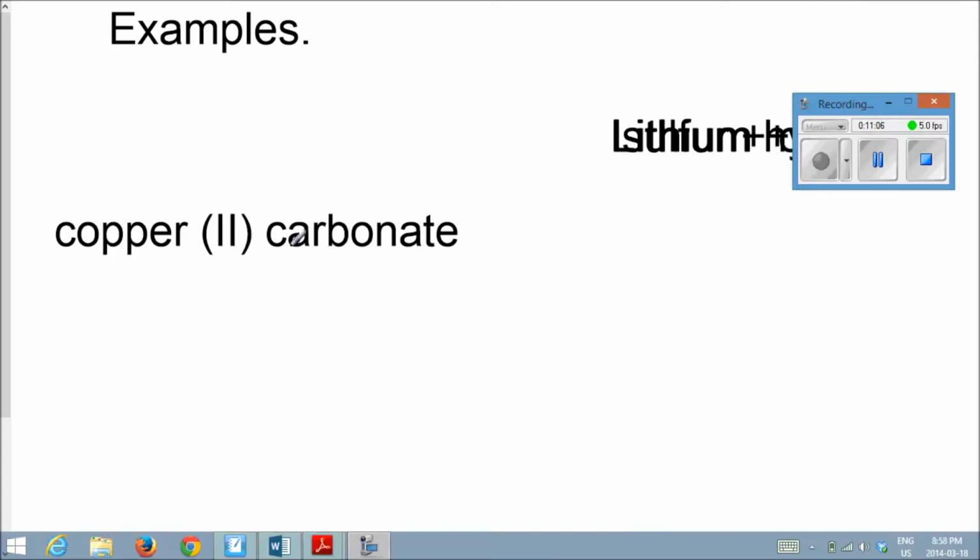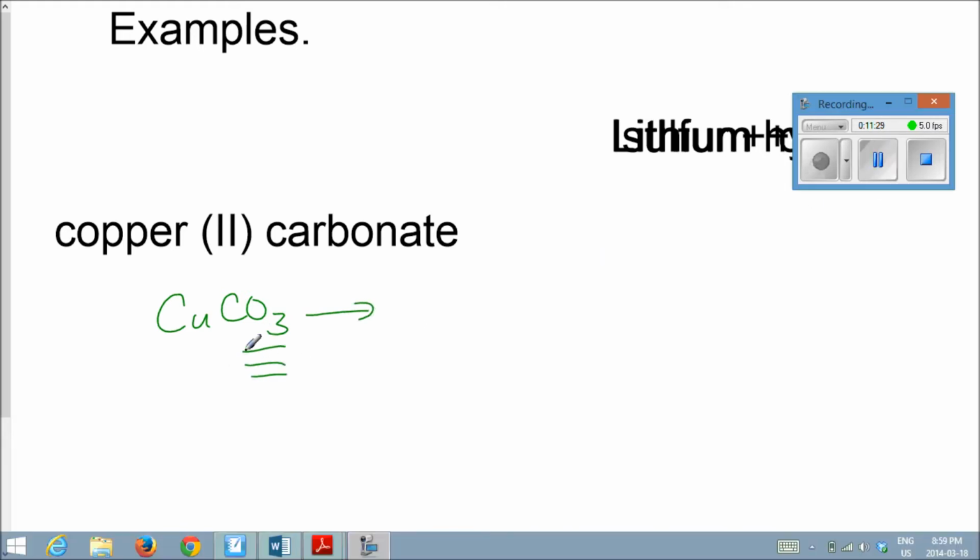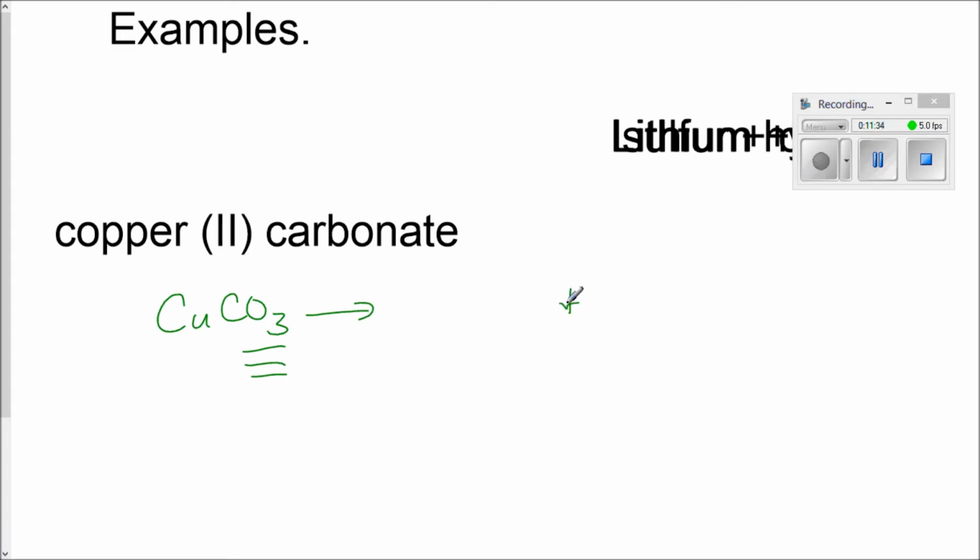Let's try one more quickly. The next one we have is copper(II) carbonate. Think about it. Is it synthesis or decomposition? Take a moment. This will be decomposition because it has one reactant. The formula of this compound is CuCO3. And we know that carbonates always break down into what? Carbonates commonly release CO2, so when you heat them up, the plus sign there, it will release CO2 gas.